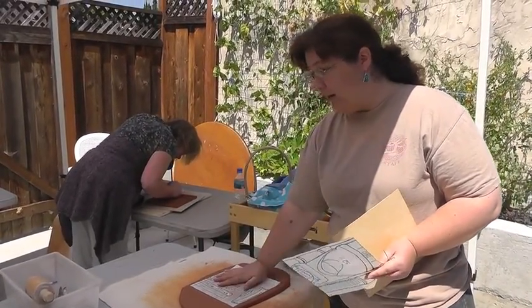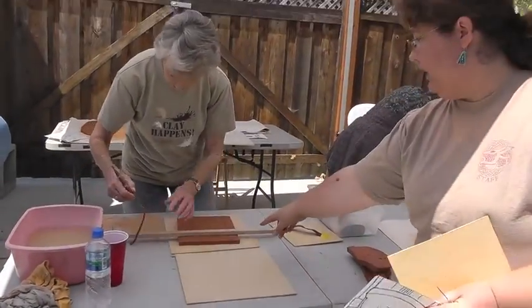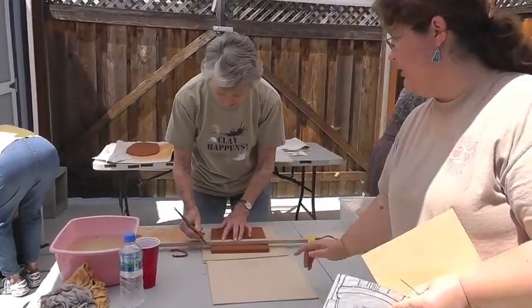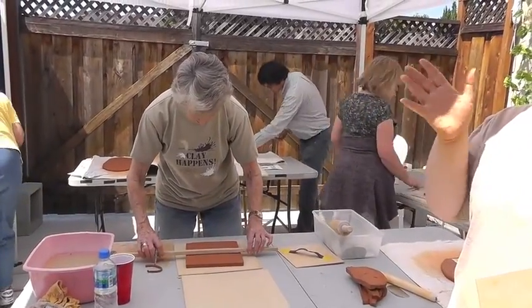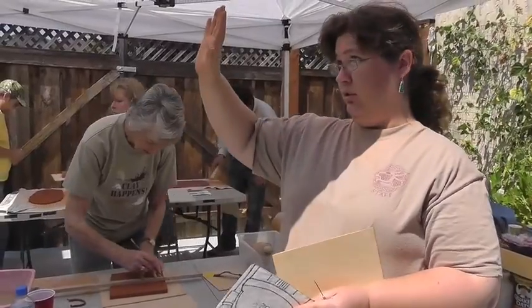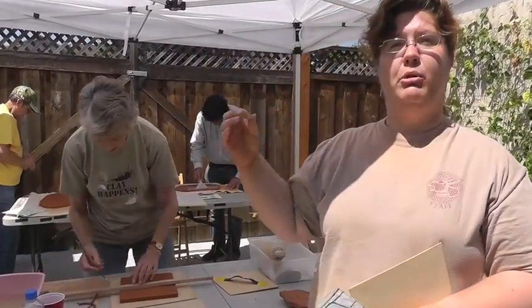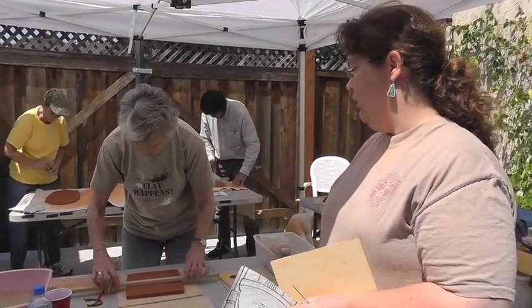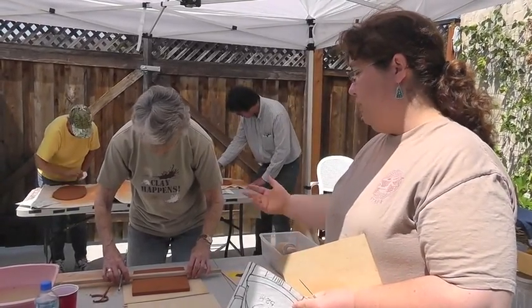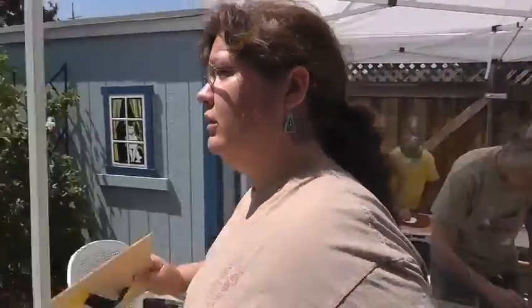We cut out the tile, we transfer it upside down onto one of these boards. We cut out grooves on the back to help give it a little extra support when we mortar it onto the board. It'll be mounted on the wall there. We got some plywood boards, so we're going to mortar it onto that. Then we put the number on the back, and then we take them around